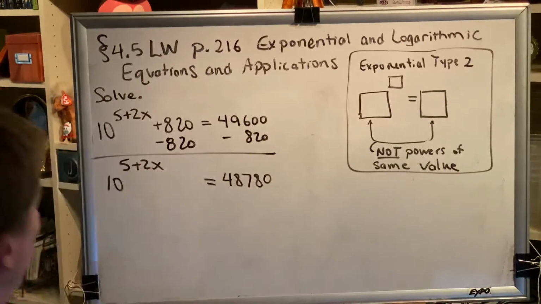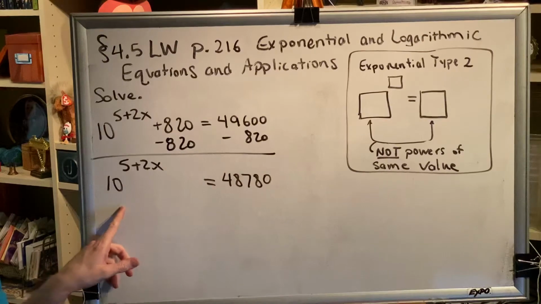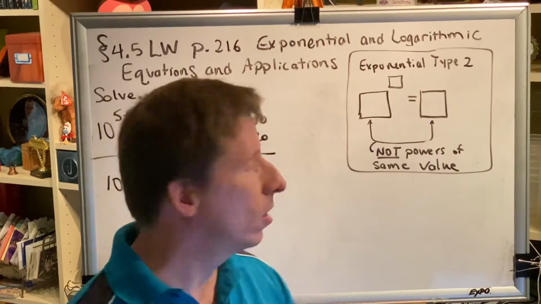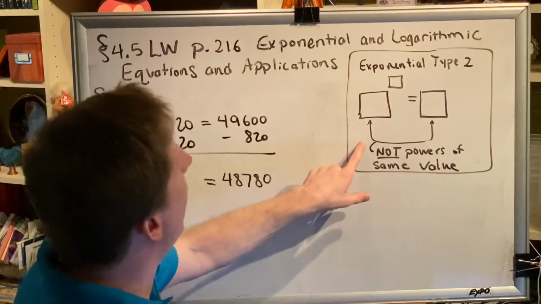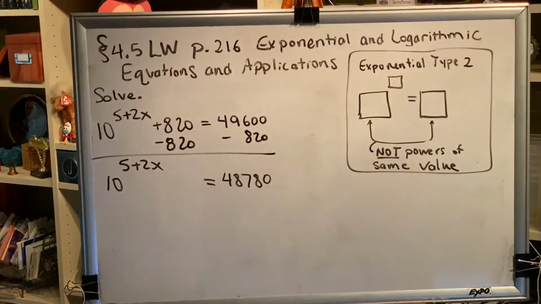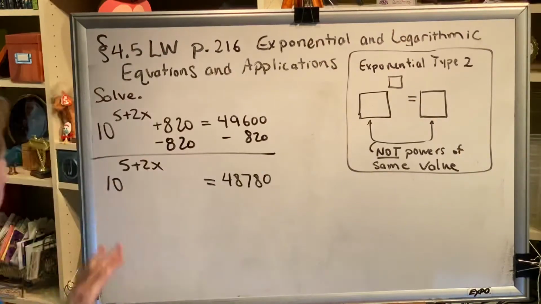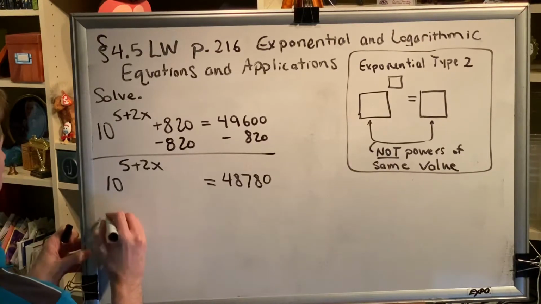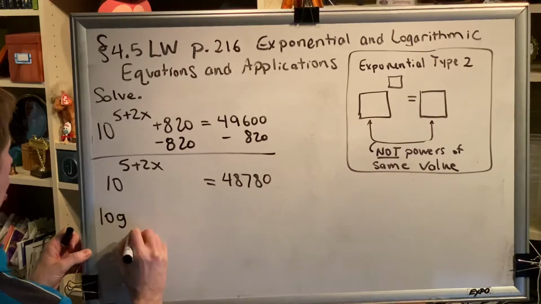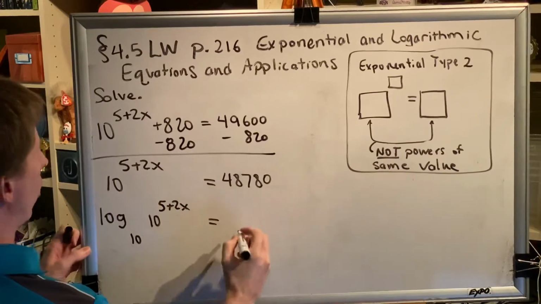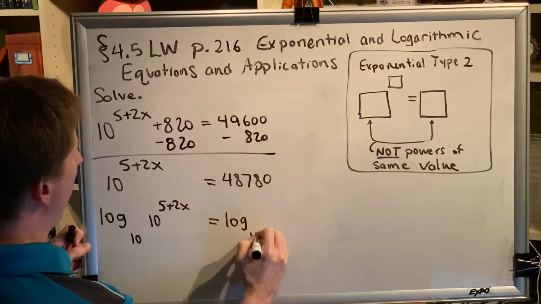Okay, clearly 48,780 is not a power of 10. All the powers of 10 end in nothing but 0, like 10 or 100 or 1,000. So what that means is we are dealing with very clearly an exponential type 2 problem. And the way we're going to solve this type 2 problem is by using a logarithm. Now, the first thing we're going to do here is take the logarithm of both sides. And because our base is 10, we're going to use logarithm base 10. So, taking the log of the left side, we'll have log base 10 of 10 to the 5 plus 2x. And taking the logarithm of the right side, we'll have log base 10 of